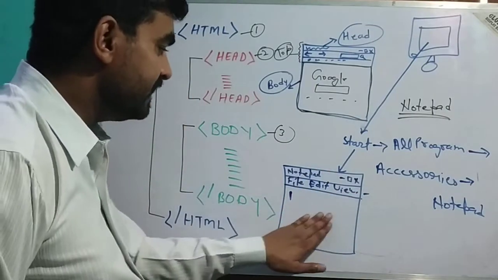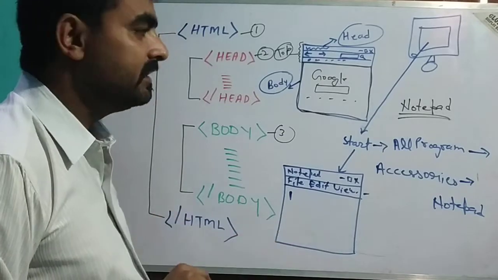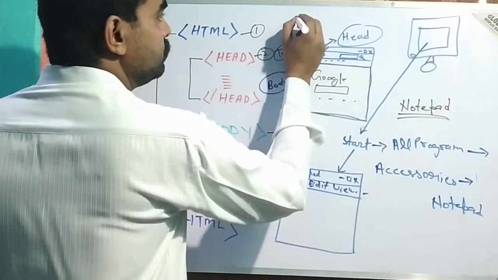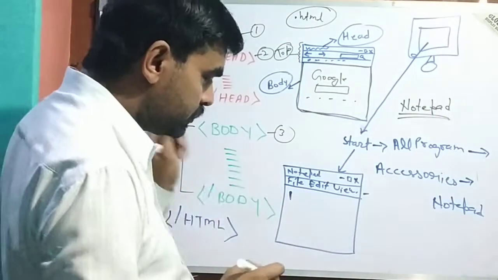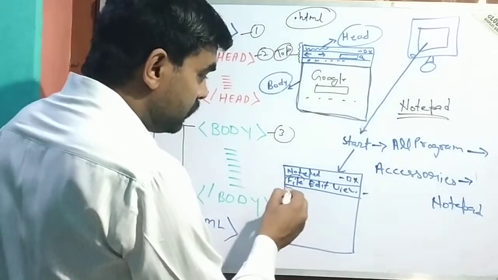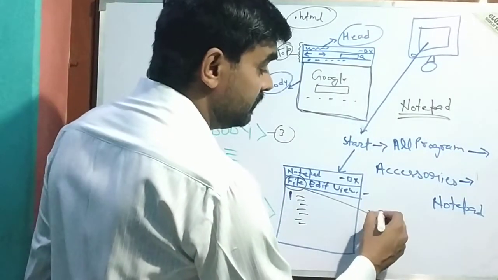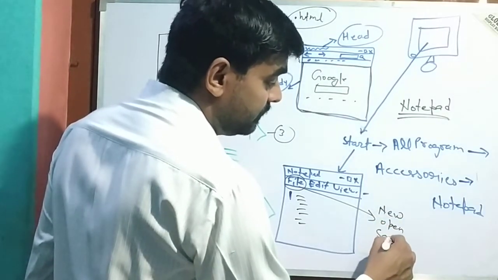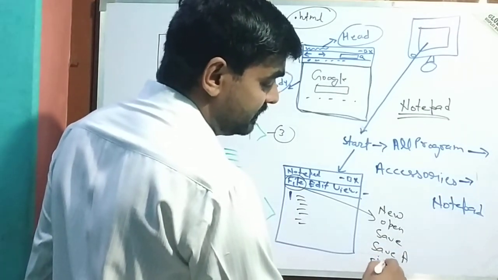After writing all the codes, you will save it. At the time of saving the document, just make sure the extension of your HTML document is .html. I will explain it later. Student, here you have to write all the code. Write your code. Again, click on the File menu. When you click on the File menu, various options will display here. First New, then Open, then Save, Save As, something, and last Exit.